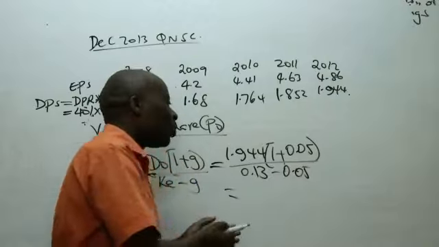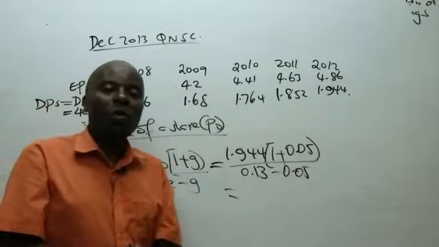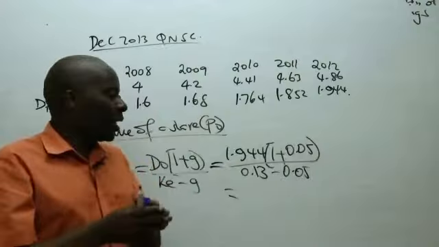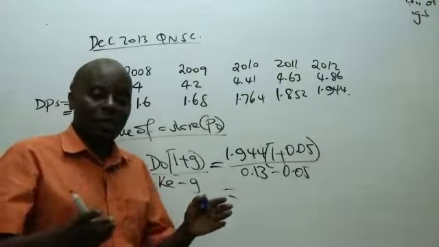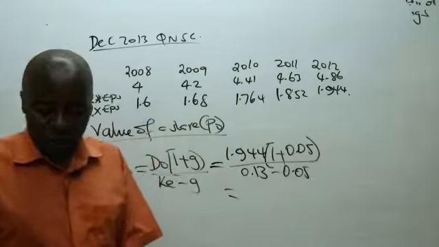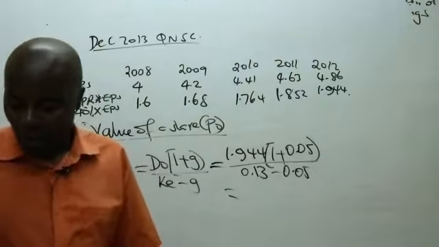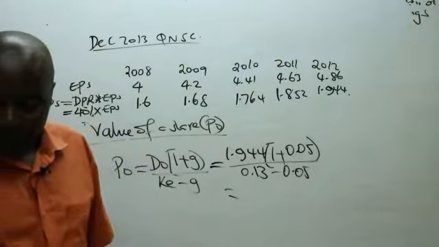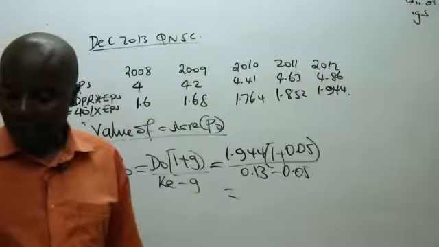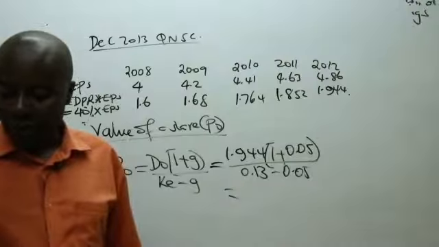So I want you to do me a favor: go slowly, get the numerator, get the denominator, and then give us the quotient. The moment you do that, you will have answered that question.